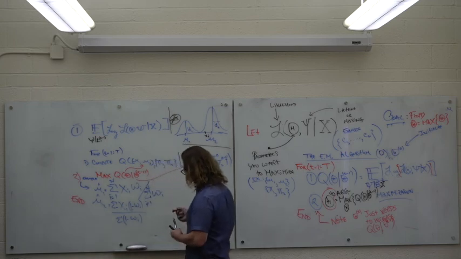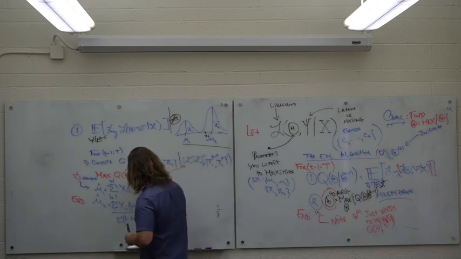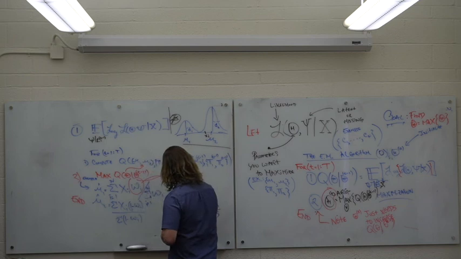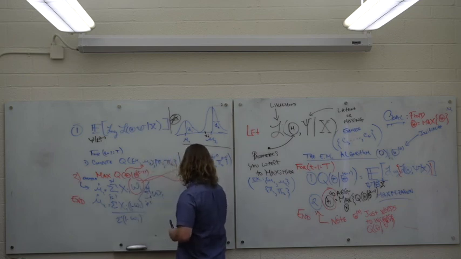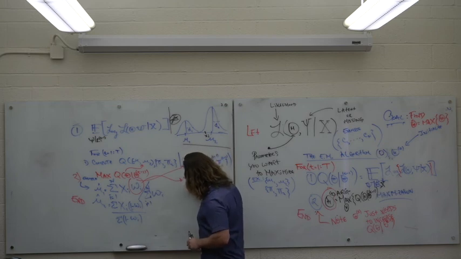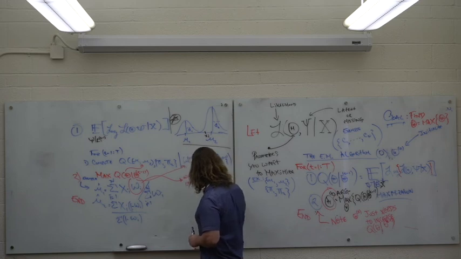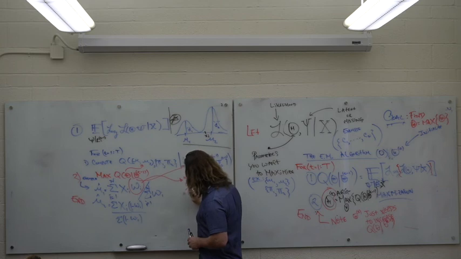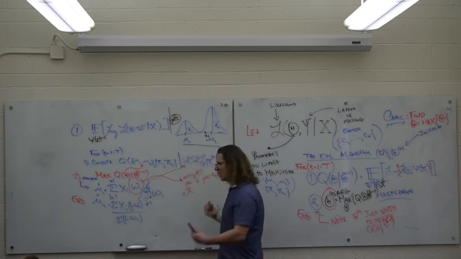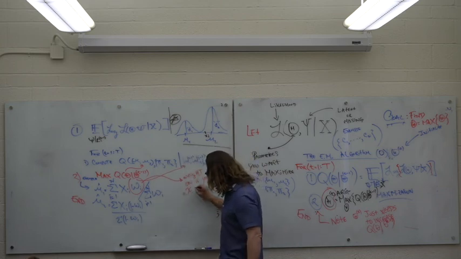So these w's are weights. If you think xi is an element of component 1 or component 2,